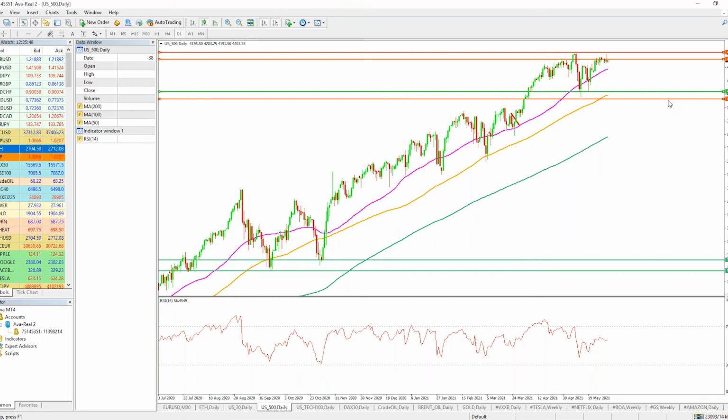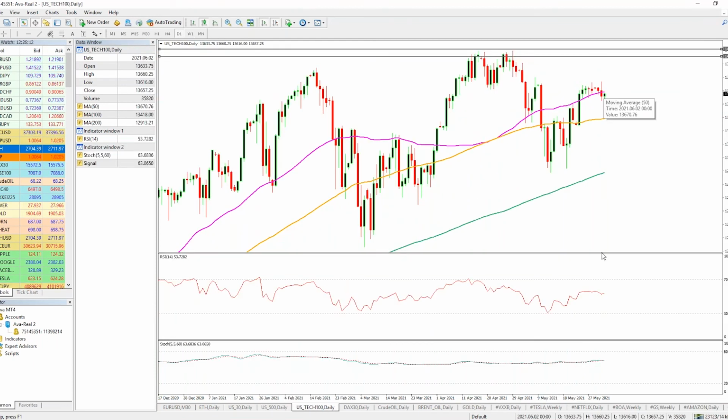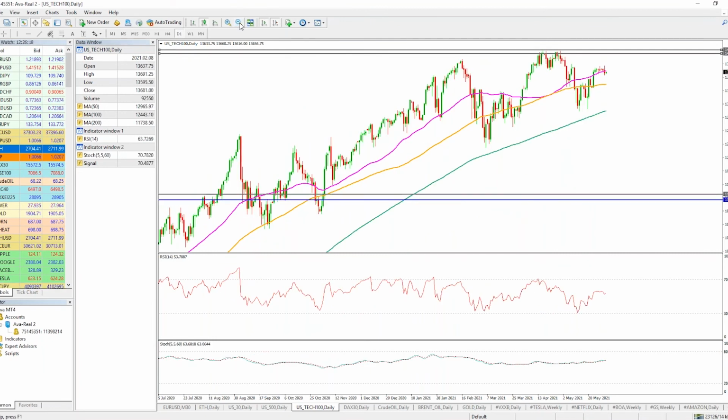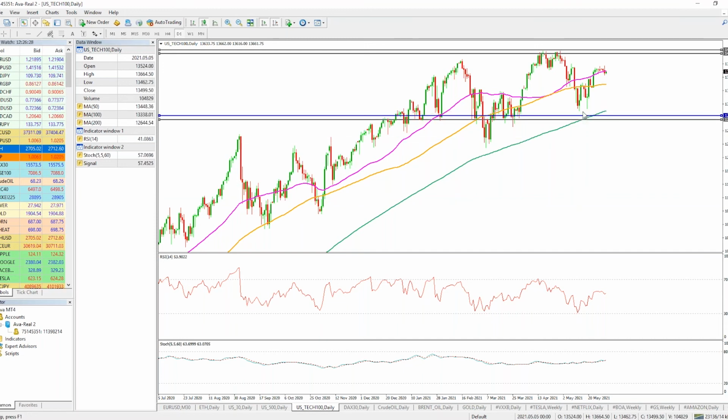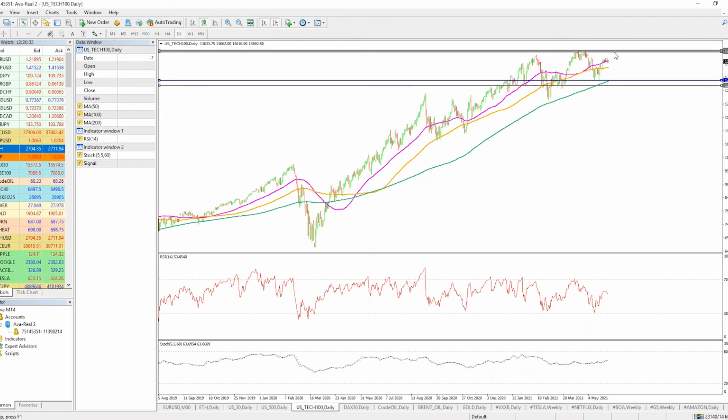With respect to the NASDAQ, however, there is a bit of a difference over here, because right now we are struggling to stay above the 50-day simple moving average, which is right over here. This indicates that if the price cannot break above the 50-day simple moving average, then we are likely to move towards the 200-day simple moving average, or even potentially further to the downside as well. But right now, if the price cannot stay above that, then we are potentially moving to this area